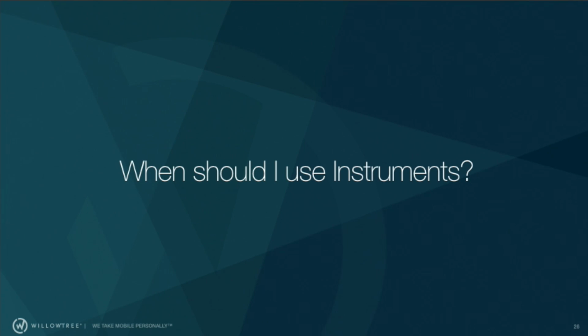So when should I use Instruments? I feel like Instruments should be implemented the same way we do unit tests, in an iterative way, kind of feature by feature. Because if you wait till the end, for one, it's going to seem even more daunting and scary. And then also it'll be a lot harder to pinpoint where the issues are. You'll have to comb through your app from top to bottom. Whereas if you do it feature by feature, it's a lot easier to say, okay, this feature is slowing my app down, or this feature is causing a memory leak. And so I think that is the best way to do it.